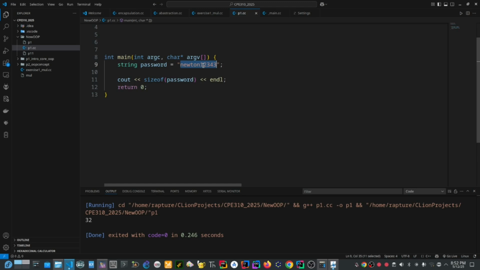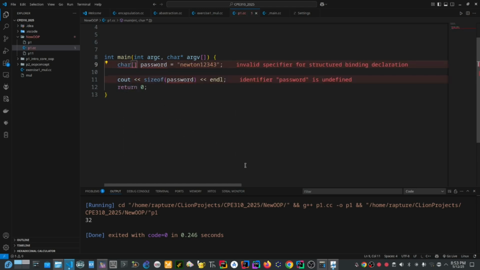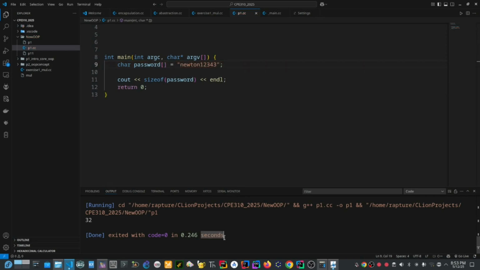So for example, let's just make use of char. Yeah, let's use char base, let's use char base character value. Yes, we get 12 characters here. This is 1, 2, 3, 4, 5, 6, 7, 8, 9, 10, 11. And the last one is /0, which is not included here for char base. That makes it 12. Understand?